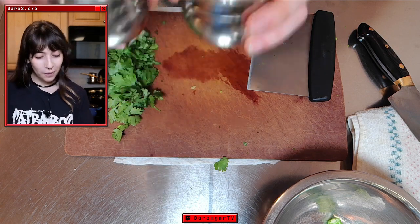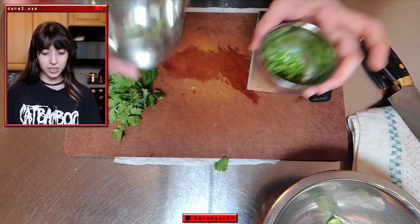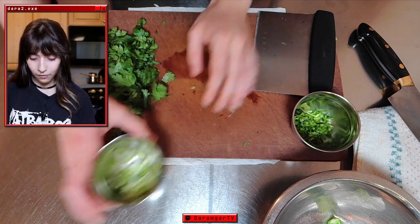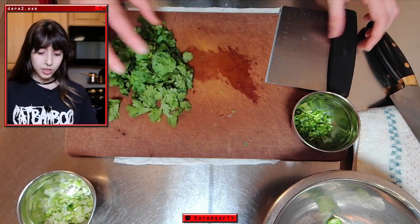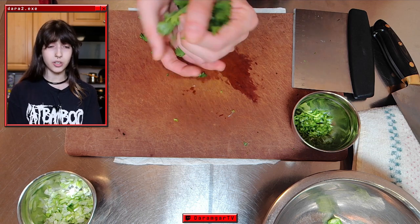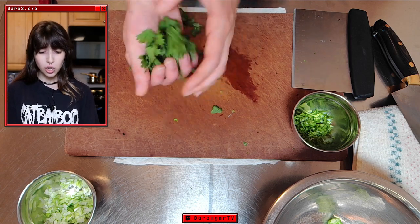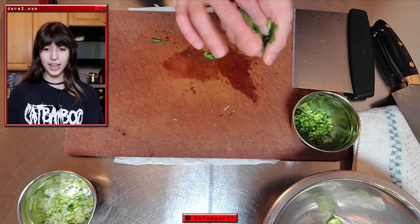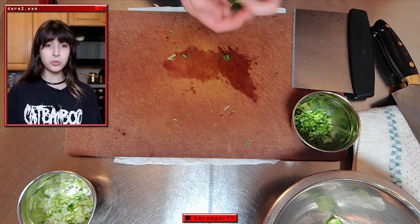ketchup too. Okay, so everybody, these are my cilantro stems for the seasoned soy sauce. This is my scallion for the seasoned soy sauce. And then we also have all of these lovely cilantro leaves. The cilantro leaves themselves, we just need to give them a very, very gentle slice through. We don't need to do anything crazy. We don't need to chop them into a really fine mince or anything. This is going to be used both as garnish, and also towards the mushrooms